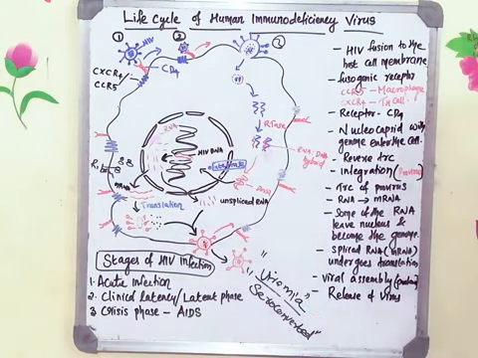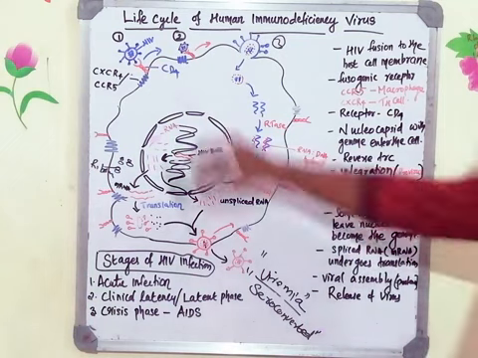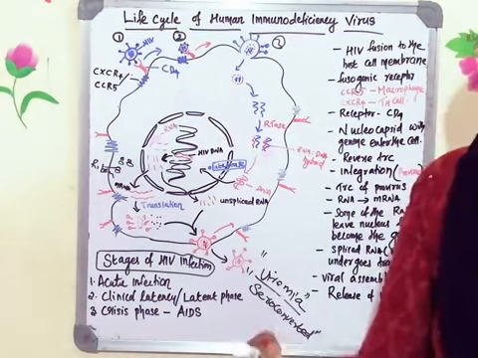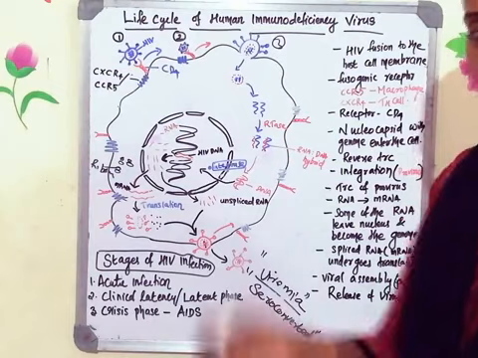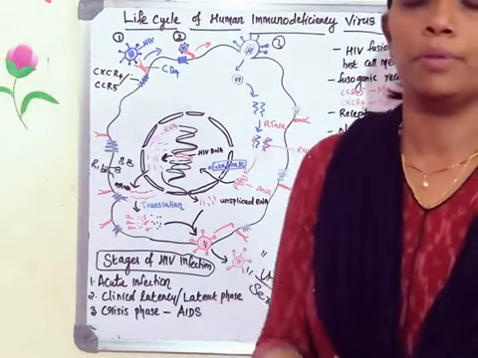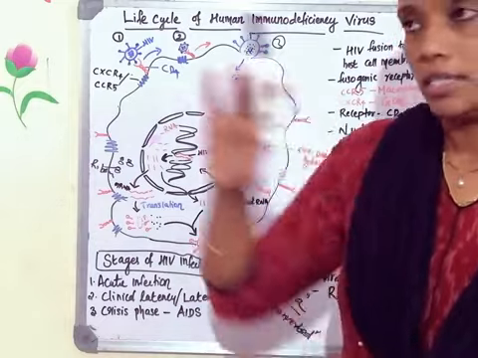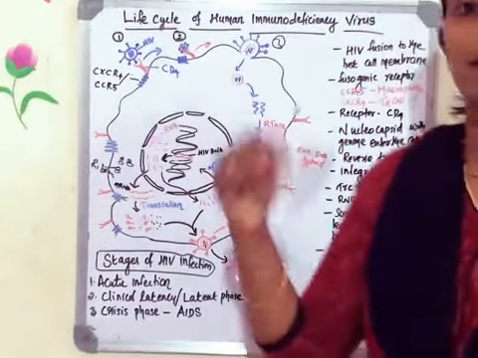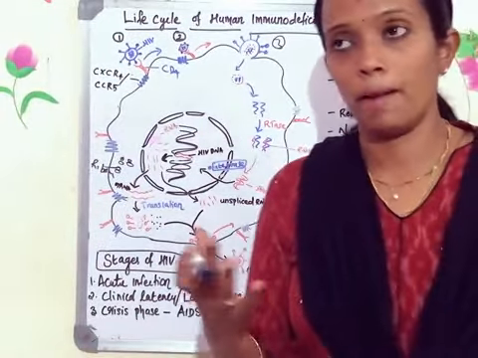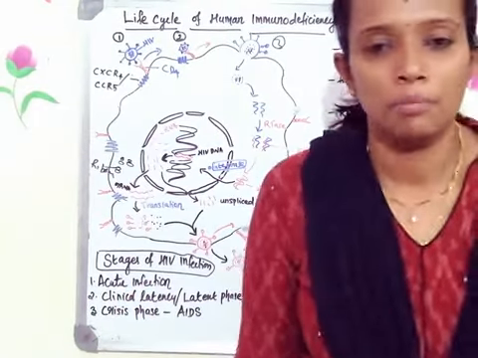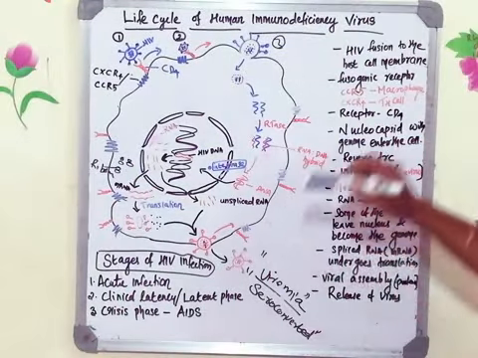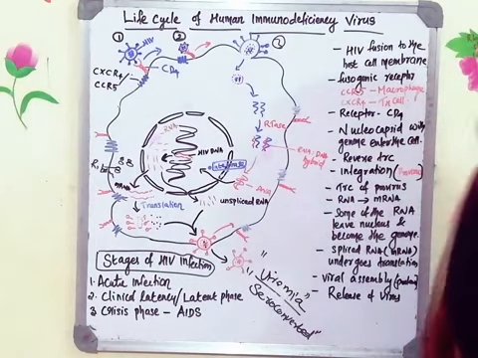What is a CD4 T cell? T helper cells. So as the immune system develops, T helper cells will be less, and since you have infected cells, the T cytotoxic cell level will be more. Usually the T helper cell level would be more in the body, but during HIV infection, since T helper cells are getting infected, the number of T cytotoxic cells in the body will be more. These are the different things you can see in the acute infection.